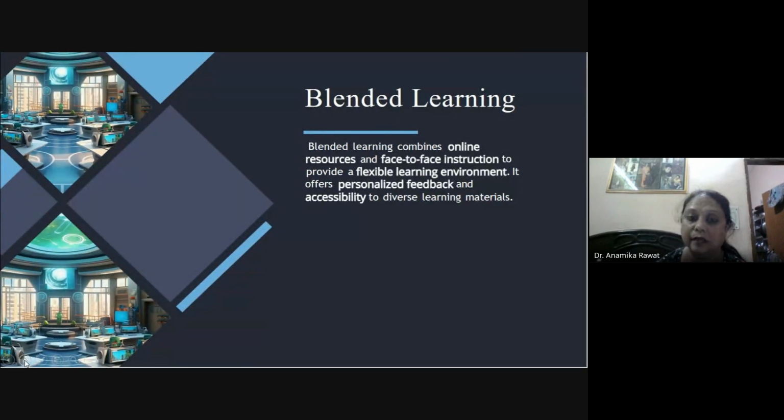How is it working? It is working in a positive way for the students because they are data friendly, they are internet friendly. So they quickly find out the solution online and we instruct them to do this, this, this. So they are more engaged in the class with the help of blended learning. Next one,